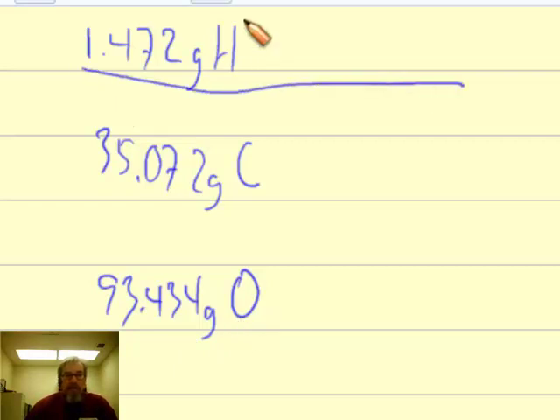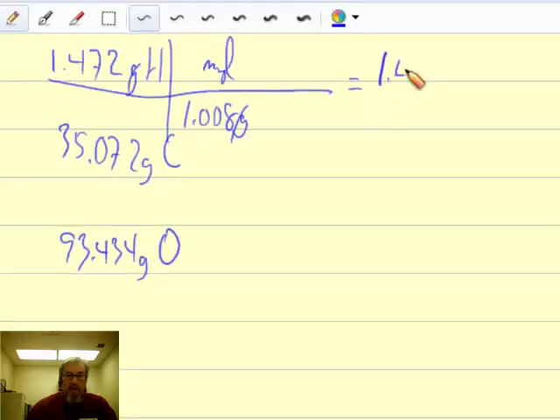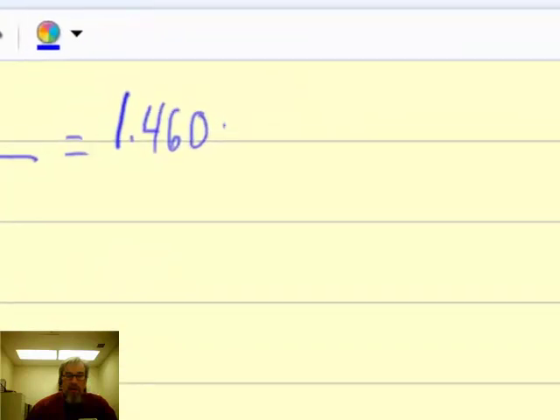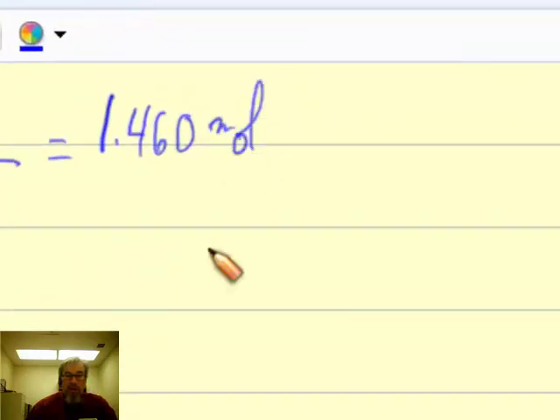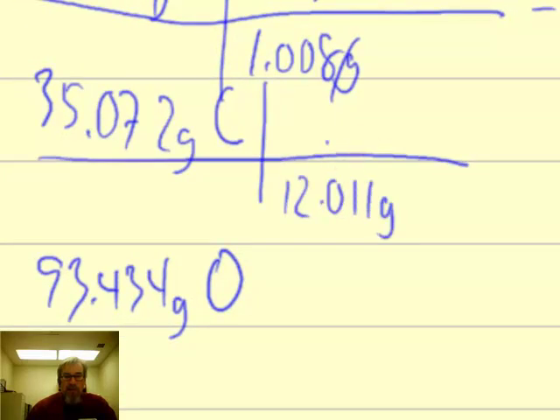We use the molar mass in this way. For hydrogen, we know that 1.008 grams per mole is the molar mass. So by dividing by molar mass, we're going to get moles. That turns out to be 1.460 moles of hydrogen. For carbon, we do the same thing, only the molar mass is different. Here we have 12.011 grams for every mole of carbon. When we do this problem, we get